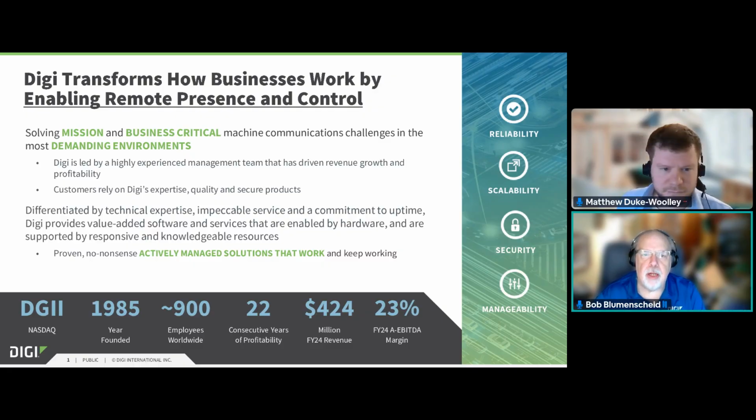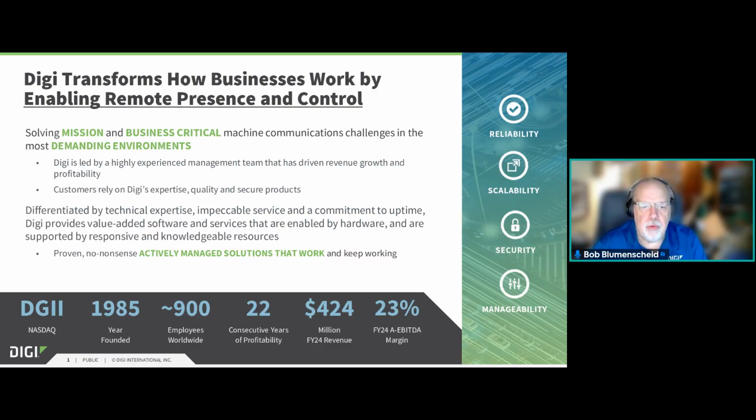Just a quick introduction to Digi. We were founded in 1985, and we're 40 years old this year. We're essentially a public company, and we've been growing with 22 consecutive years of profitability. We've developed a lot of different hardware and software, and like Telit and Tyrion, we started back in the M2M space. Digi started with serial